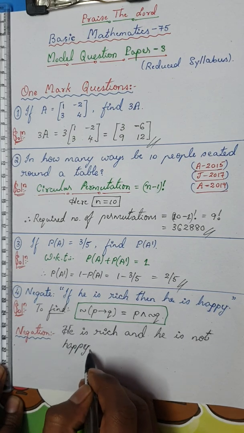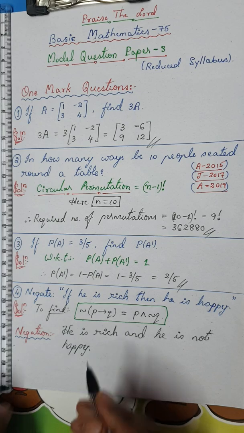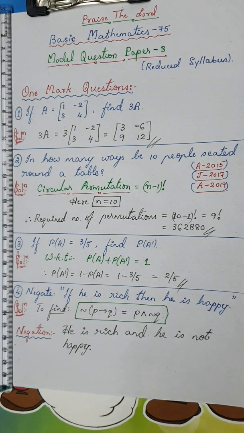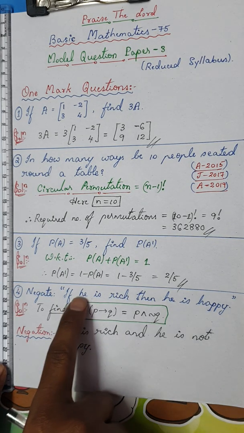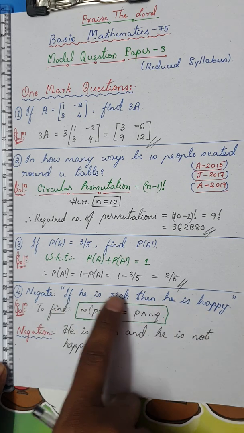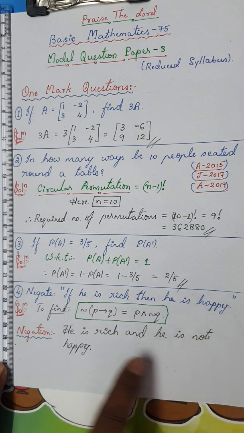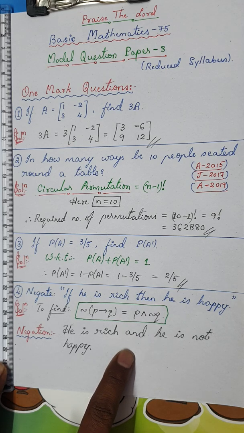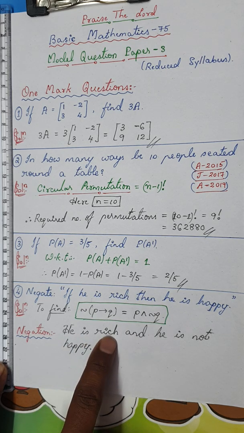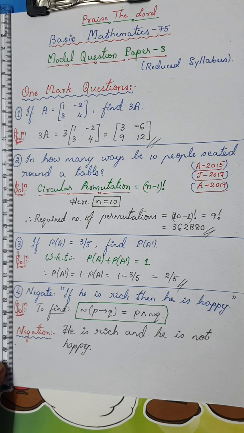Okay, now this is a very important, nice statement, dear students. This actually teaches a life lesson for us, because many people think this statement is right: if he is rich, then he is happy. But actually, this statement gives us the reality. Many people are rich, but they are not happy. So always note down, happiness is not in the richness. Okay, it is how you live. It is not how much you have, it is how you live with how much you have. Okay, so enough of this philosophy.